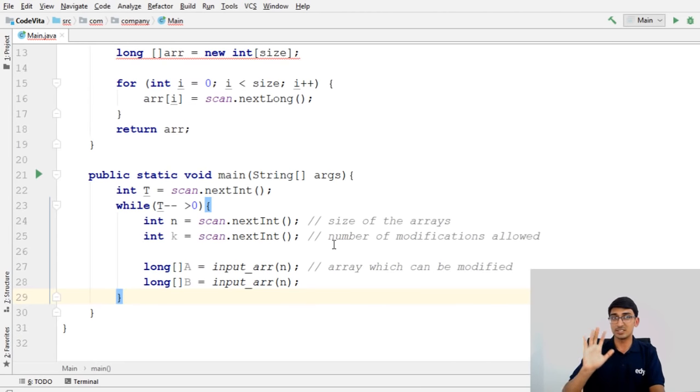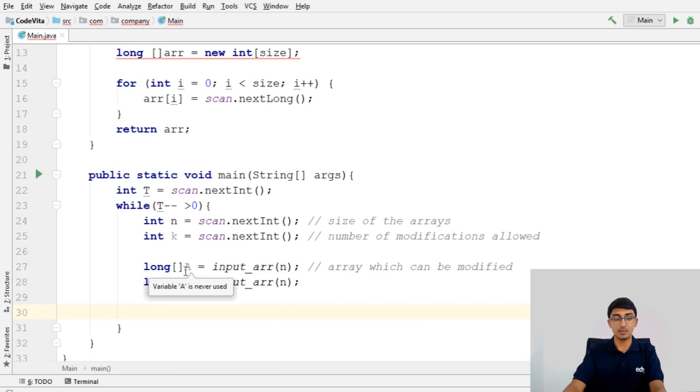So I really suggest that you do a lot of practice so that you can come across such test cases, because your logic might have been correct, but you might have missed out because of this one test case. All right, so now that I've made my A and B as long,